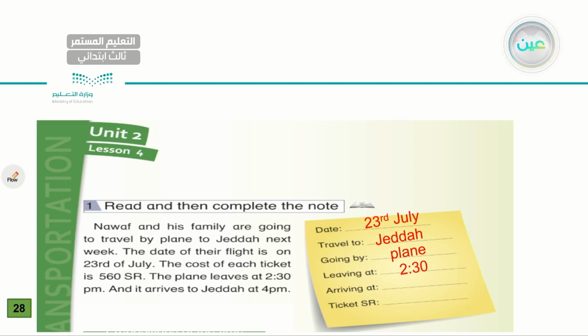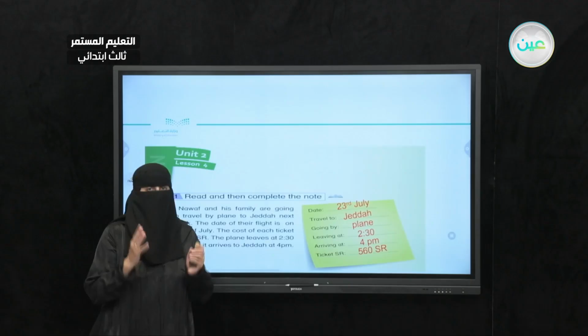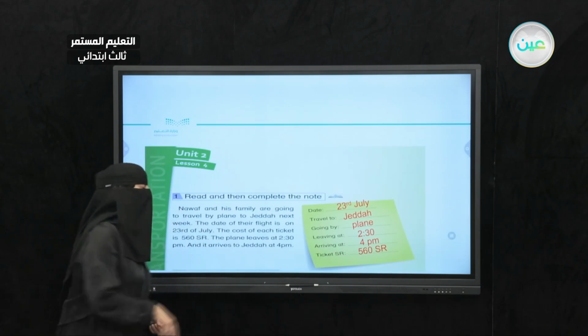It arrives at 4 p.m. Very good. 4 p.m. And how much does the ticket cost? It costs about 560 Saudi Riyal. Okay? Now make sure you fill the note with the correct information and let's try to find our prepositions of